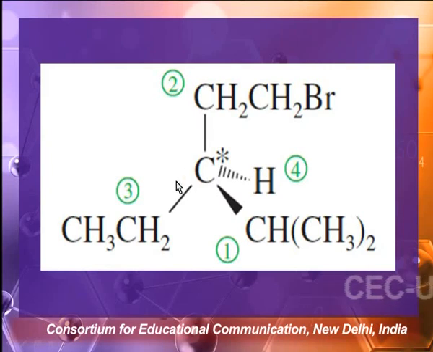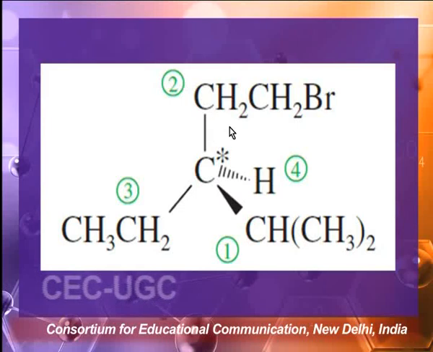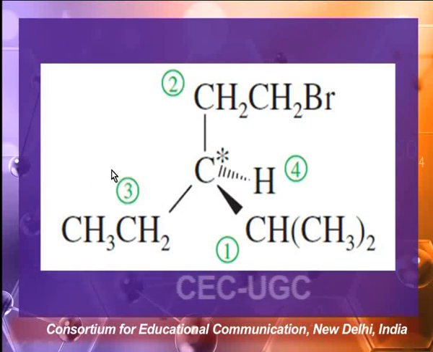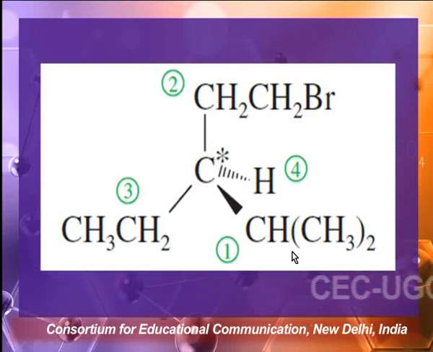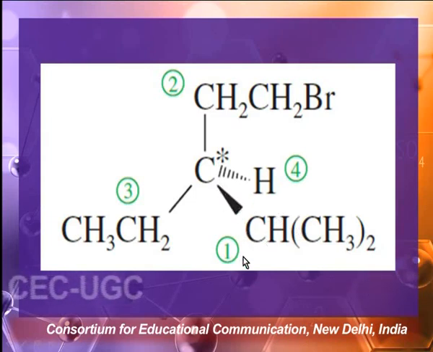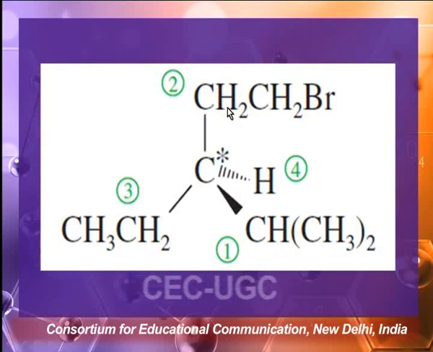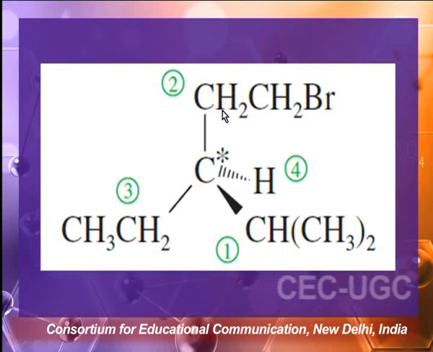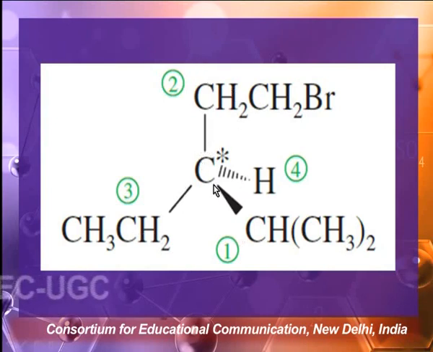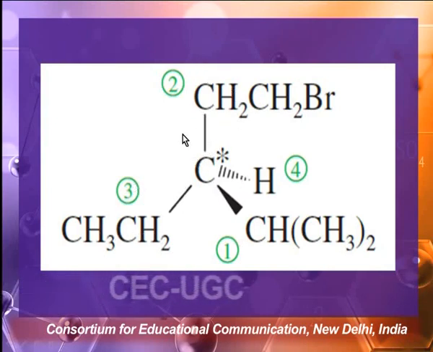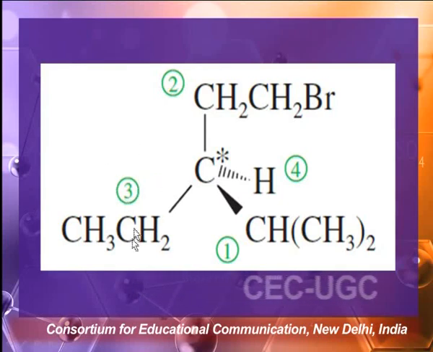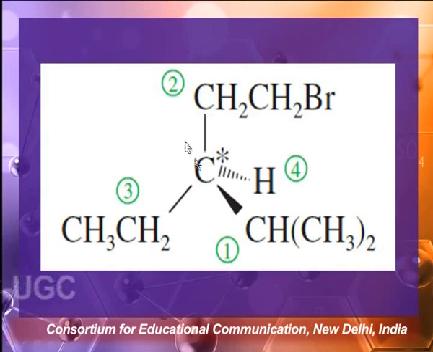And this you can see we have compared again priorities on the basis of atom to atom, and we find that this group, isopropyl group, has the highest priority because this carbon is attached to 2 carbons, whereas this carbon is attached to a hydrogen here. And in this case, this is having priority number 2. And when we compare 2 and 3, third is having lower priority because in this case carbon is attached to 2 hydrogens.